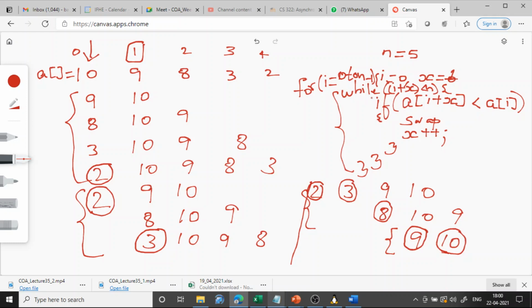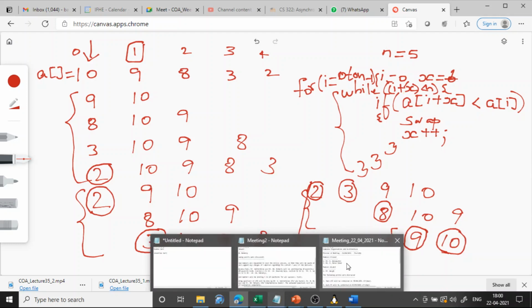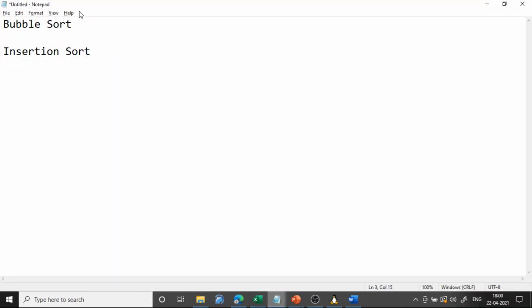For j equal to i plus 1, j less than n, j plus plus. Right? So if you want me to write, the algorithm will be something like this. Let us assume A is the array and n is the number of elements. So for i equal to 0, i less than n, i plus plus.